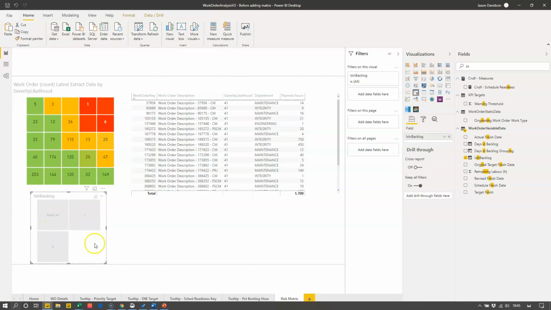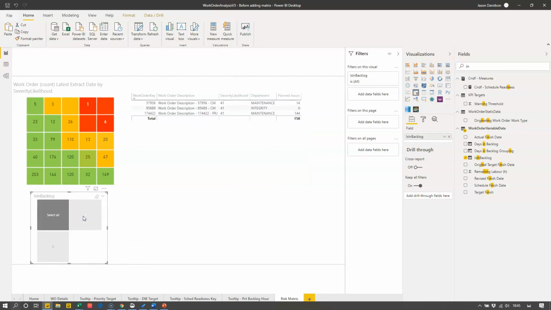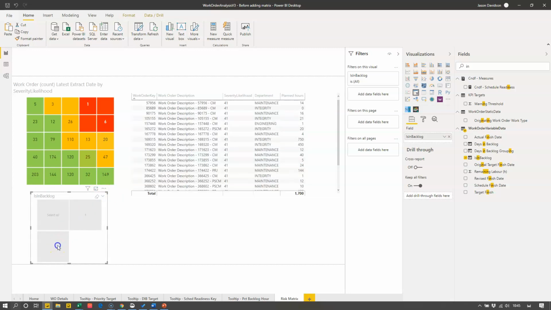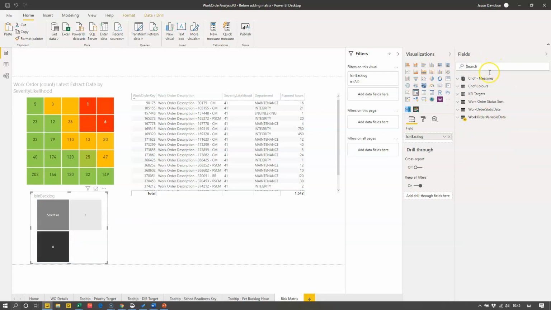Normally these just are displayed horizontally if you use horizontal, but it's got a 1 or a 2. So we've got select all, we've got a 1, so that is in backlog, and that'll filter everything for the backlog, and that is not in backlog. So what we want to do is change this so that it's a yes or a no. To do that, we're going to add in a new calculated column, fairly simple calculated column, and